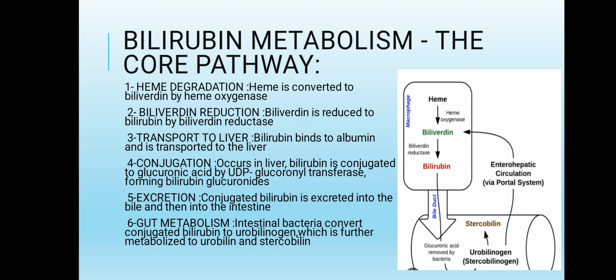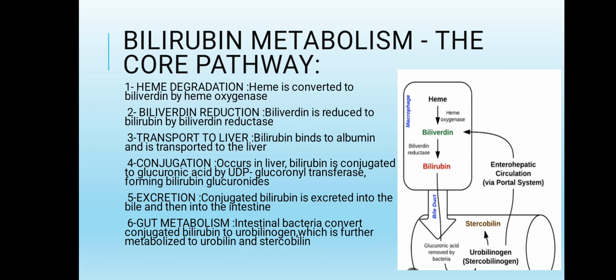Firstly, we will discuss urobilin and stercobilin. Urobilin is a yellow pigment produced from the oxidation of urobilinogen. Some urobilin is reabsorbed into the bloodstream and excreted in the urine, giving it a yellow color. Stercobilin is a brown pigment produced from the further metabolism of urobilinogen in the intestine. Stercobilin is responsible for the brown color of the feces.